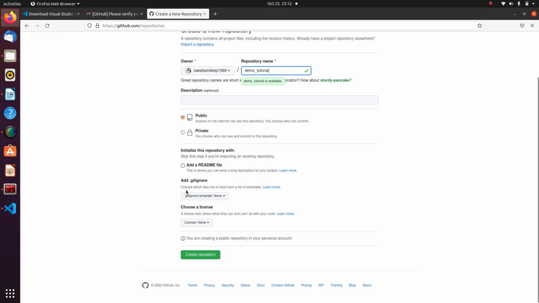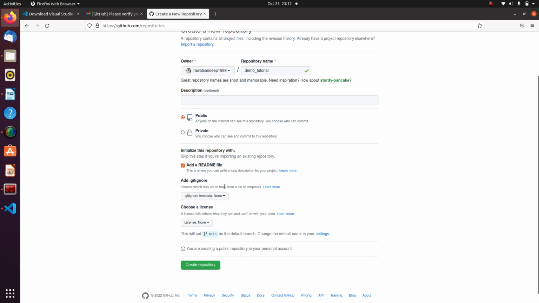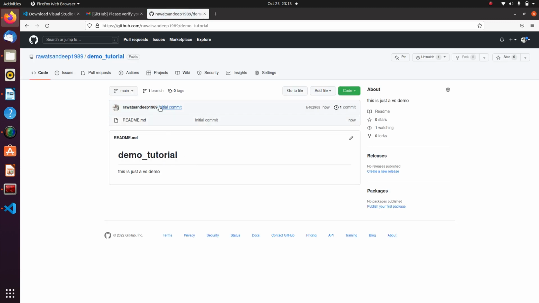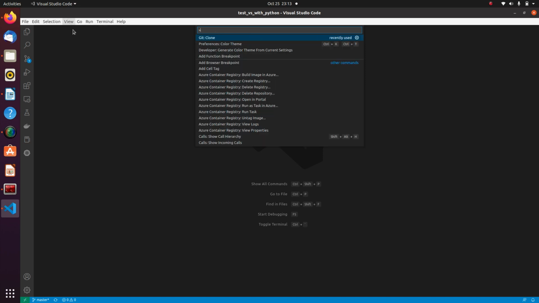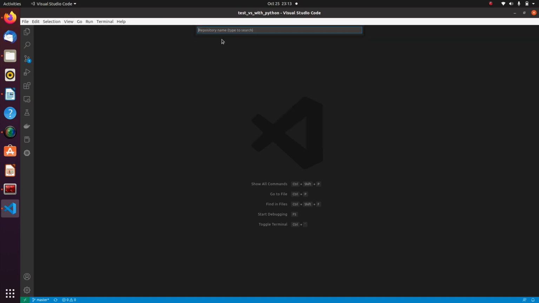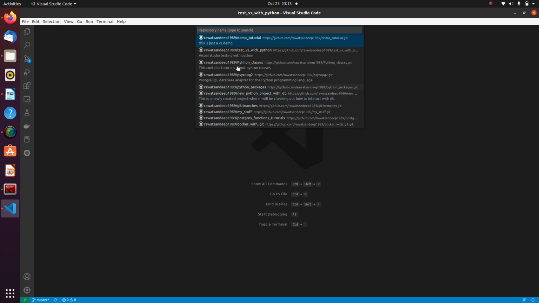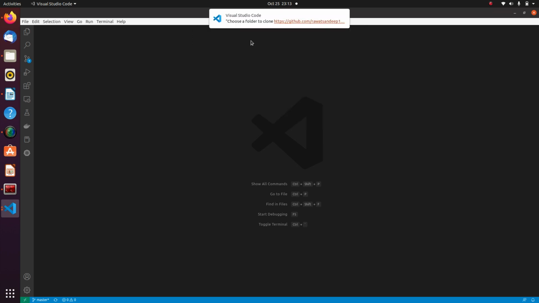and create this repository with a readme file. This is just a VS demo, and I create a public repository here. Then you can clone it. Just refresh, go to the command palette, and choose clone from GitHub. It will fetch the new list, and here you can see demo tutorial is there. Now I want to download this,